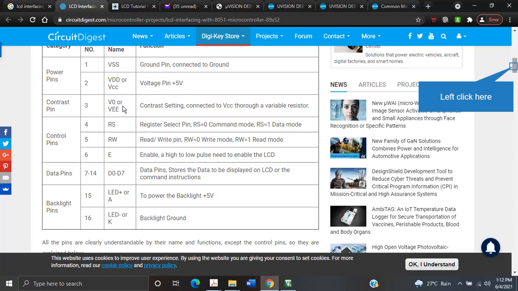Contrast adjustment, the backlight adjustment, is V0 or VE. Then register select: as I stated, either you are writing to the command or data word. Then the read/write pin, where 0 is write and 1 is for read mode.